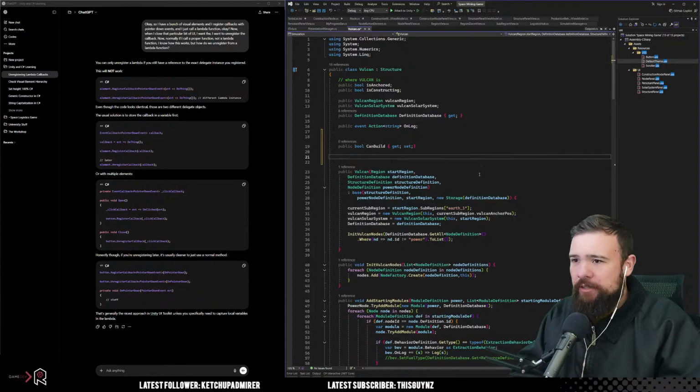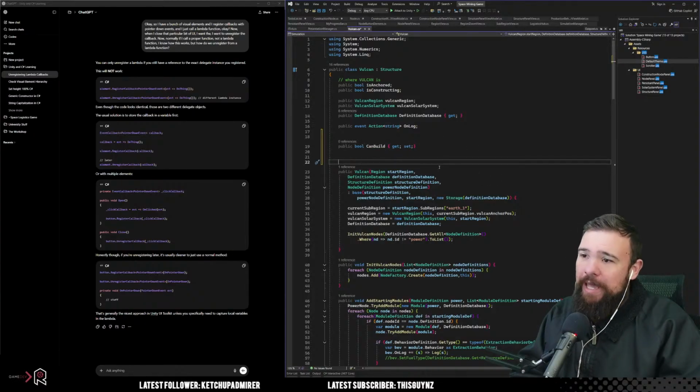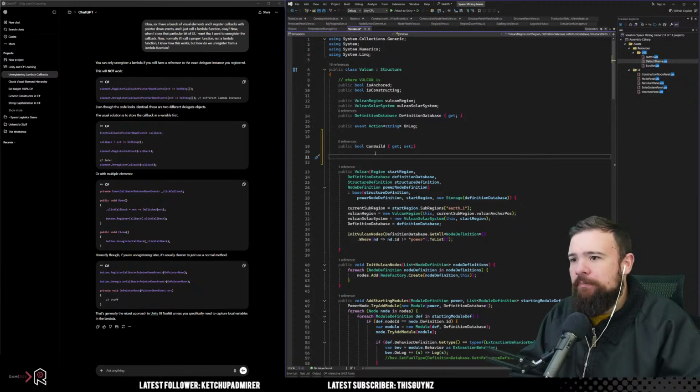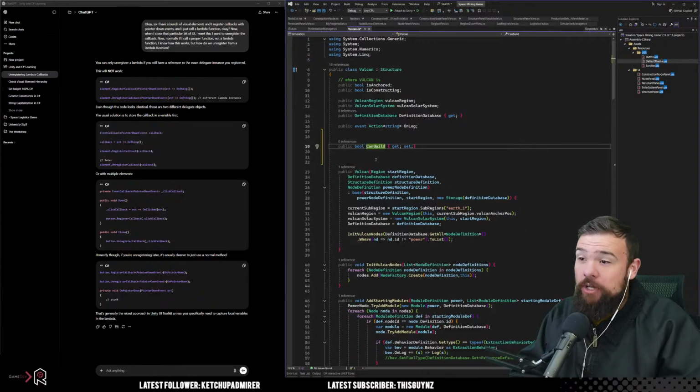Just something like that, a can build boolean. And then we need to basically switch this thing on and off depending on different things happening. Right, so for instance,